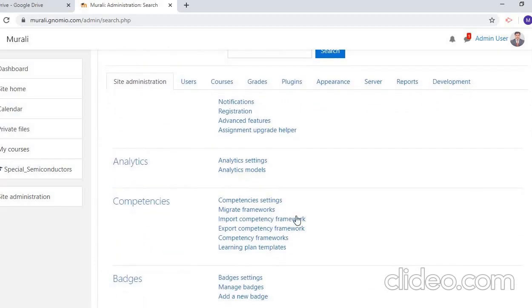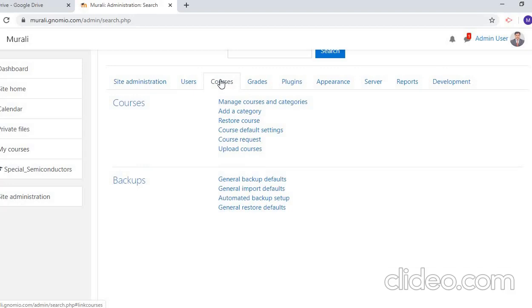In this site administration, for creating a course, click on course. We have different options there. Click on manage courses and categories.